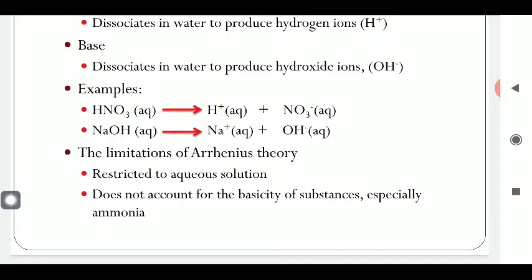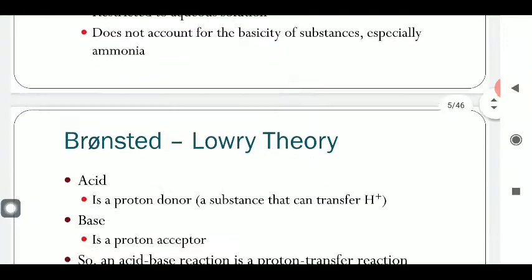And later on, this limitation was explained by Arrhenius. If you dissolve ammonia in water, this ammonia can form ammonium hydroxide, that is NH4OH. And this NH4OH in the aqueous medium can liberate the ammonium ion, that is NH4 positive, plus OH negative. So we can say the basic nature of ammonia can be proved only in the aqueous medium. But this is counted as a basic limitation of this theory.